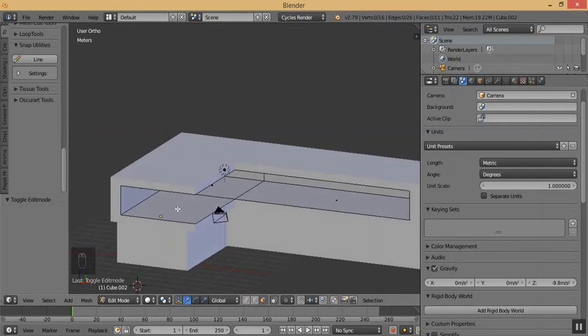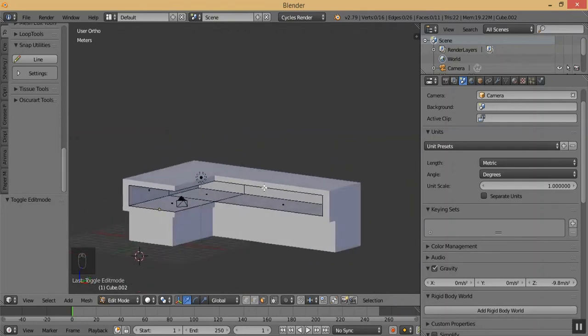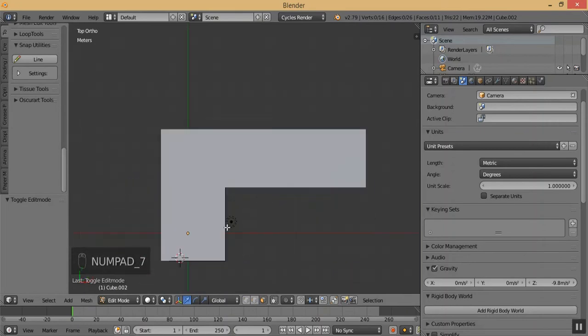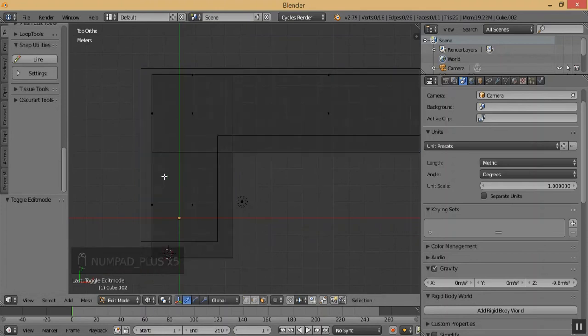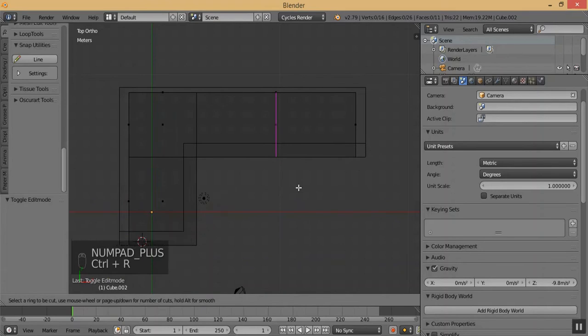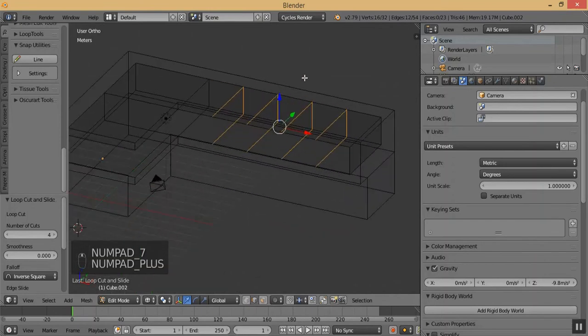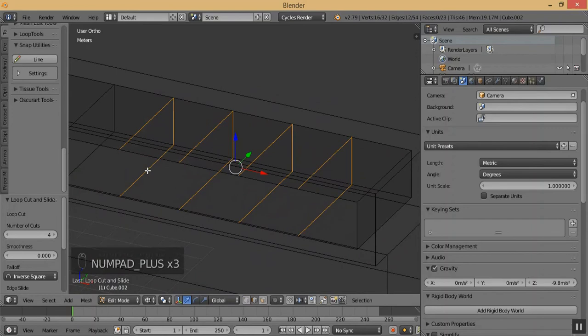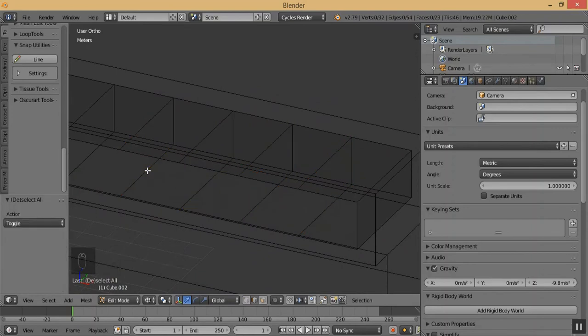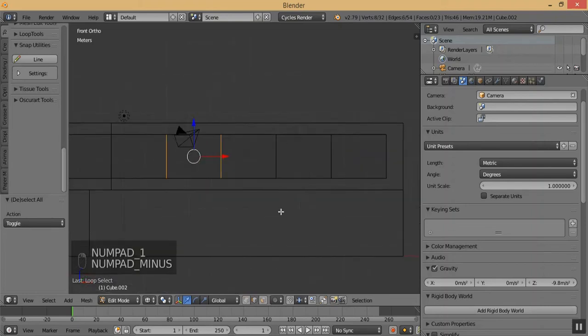and now what we're going to do is press 7, come to wireframe mode, and then press Ctrl R and then click on the plus sign 4 times, then press the 4 times or 3 times, maybe 3 times, and then what we're going to do is come here and then press E, then hold Alt and click right mouse button, it will be selected, and hold Shift and Alt simultaneously and click on the right mouse button, and then on the front view, and then make sure that